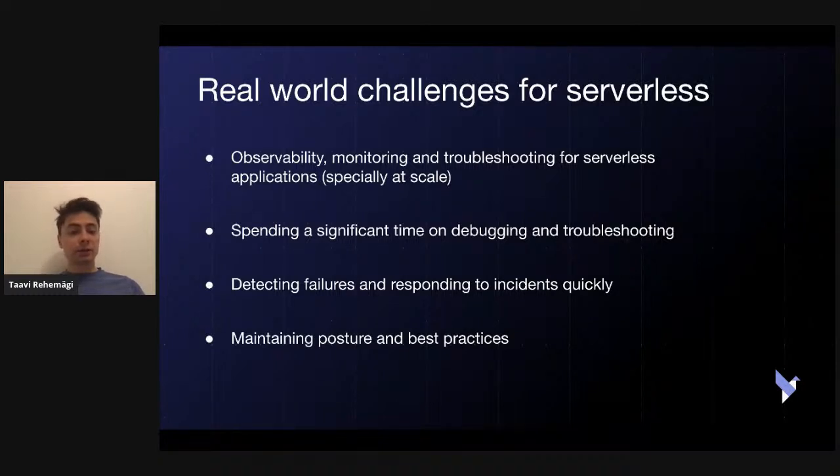So all of those different unknown and known problems can happen. And the fourth part, actually, is maintaining posture and best practices. I think this comes down to a couple of factors. The first one is that if a larger engineering organization is adopting serverless, there's a lot to learn, and you might be using 10 to 15 to 20 different AWS services.